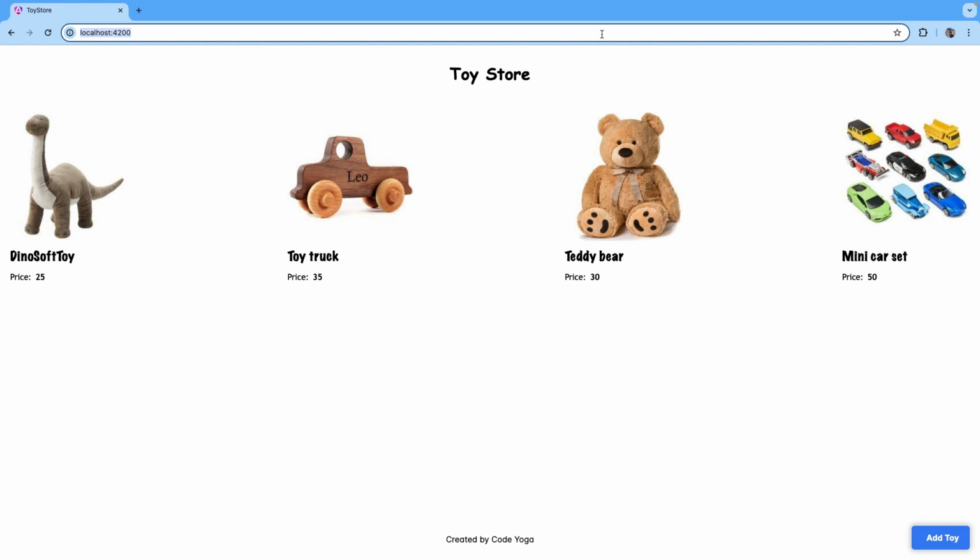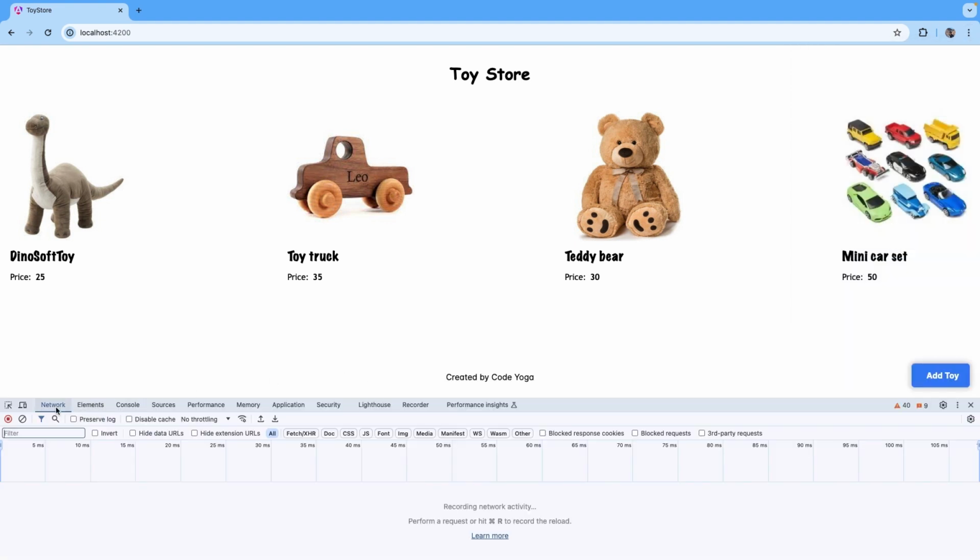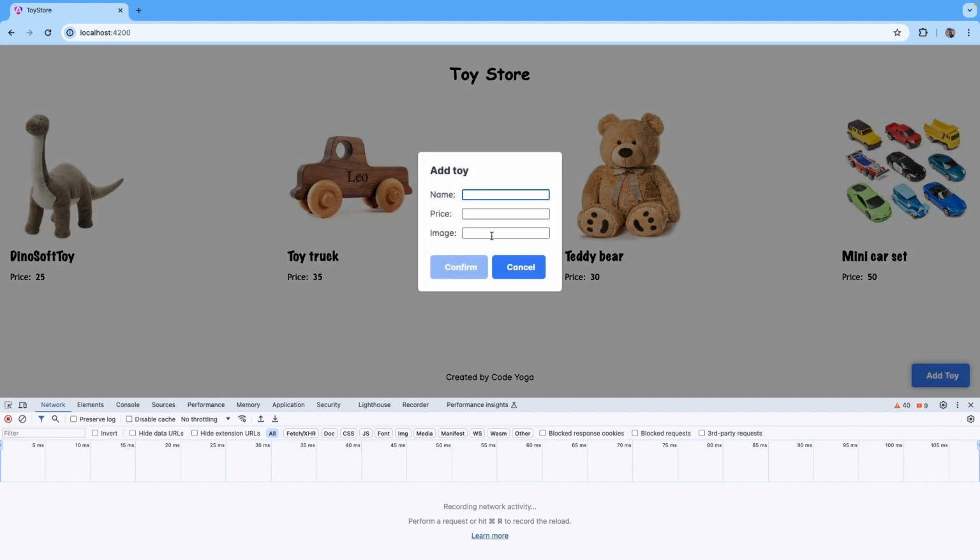Okay, so now as you can see in this website, it shows us all the four toys that we had added using our post request. And this website is actually using a GET request to fetch all the toys and listing it here. I'm not going to go into details how I created this web application. I'm just going to show you how this web application uses the API that we created. So I'll quickly go into the developer tools and in the network tab. Now I'll test the add functionality. So I'll just create a new toy